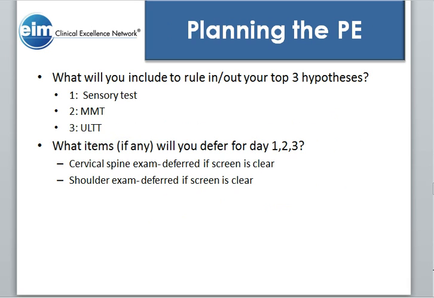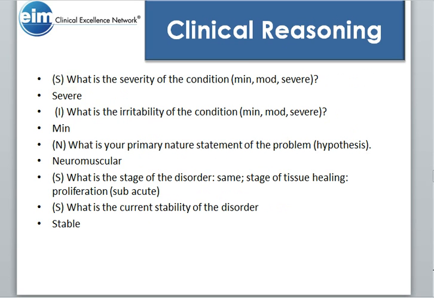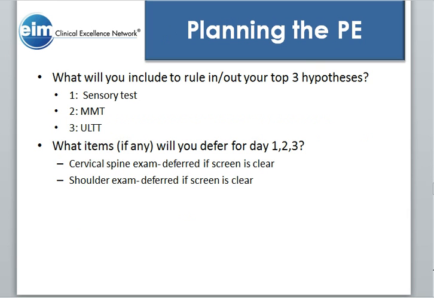To get a little bit more into clinical reasoning, it is severe, really. Some trace movements, but also severe as far as how much it affects his function. Irritability is minimum, focusing on the neuromuscular system, and just based on it being a month, I felt that he was in the subacute stage of tissue healing, and the condition has been really very stable. So these are the primary tests